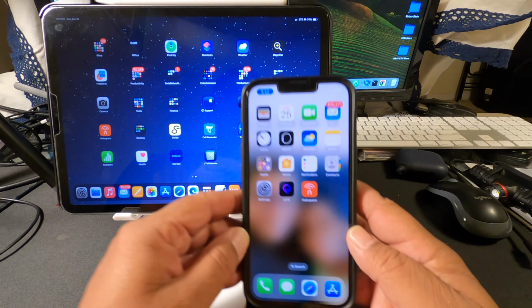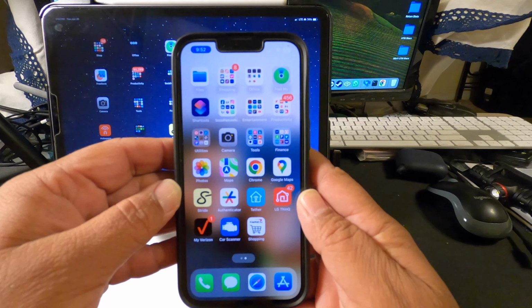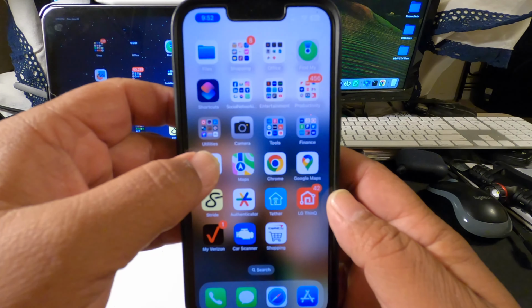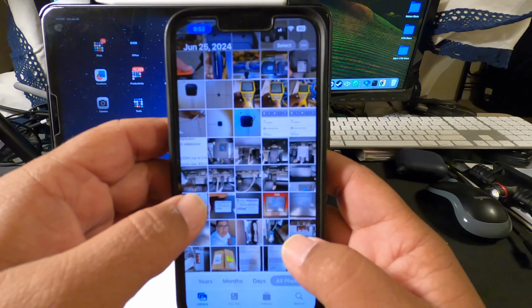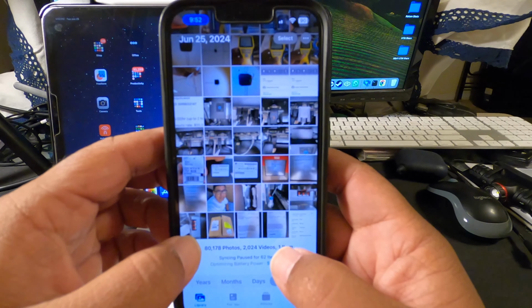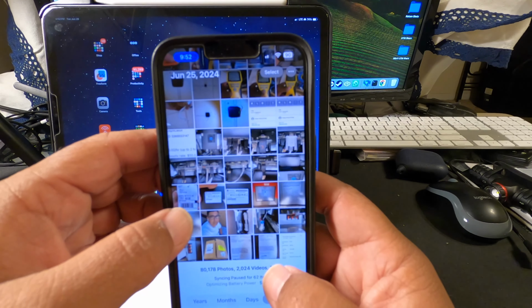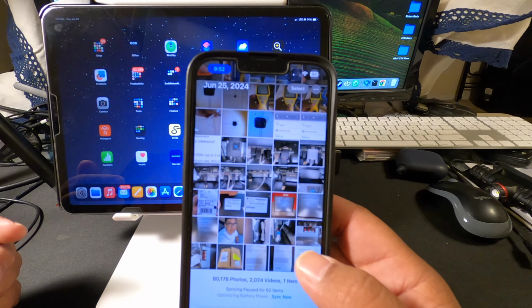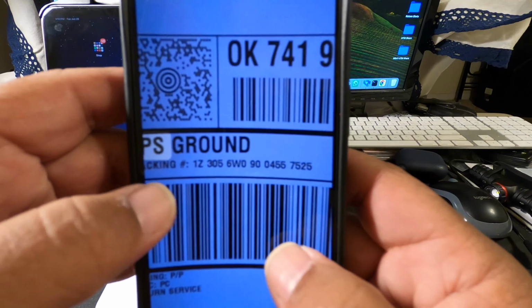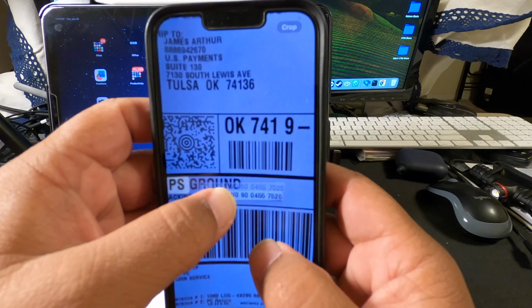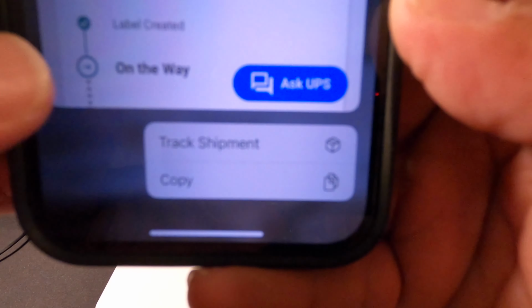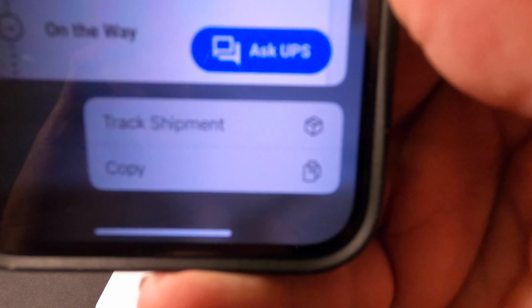Okay, Apple has this wonderful feature where you can copy text right off of images. This is particularly useful for occasions where you might want to pull information off of a package, like get a tracking number. Okay, like here, say you have a tracking number and you want to copy that tracking number,